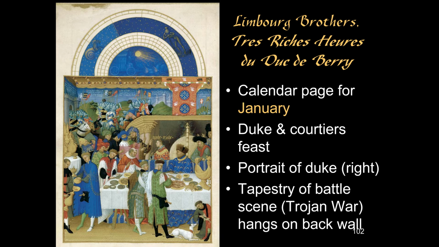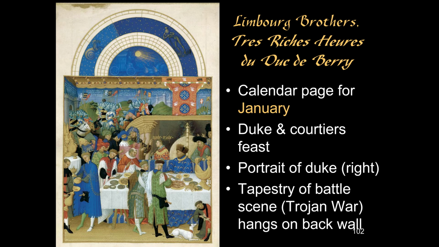There is on the back wall, it looks like all these armored men. Well, if you look up at the top, you realize that there's a cornice, and this is a tapestry that is covering the walls of the Duke's chamber. And it may very well be a battle scene of something like the Trojan War, but shown as though it were happening in the early 15th century. That's the style of the armor.